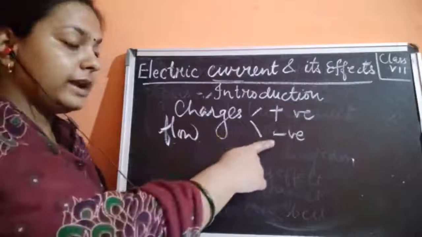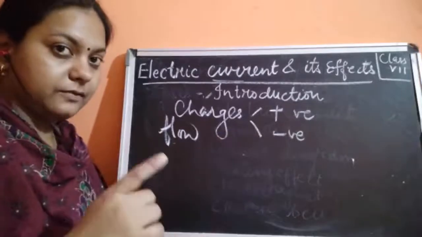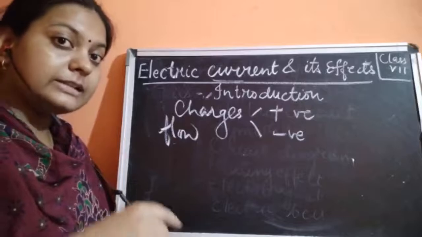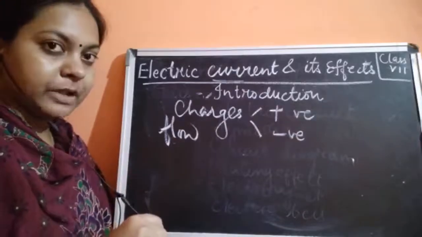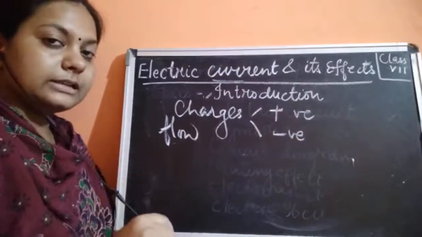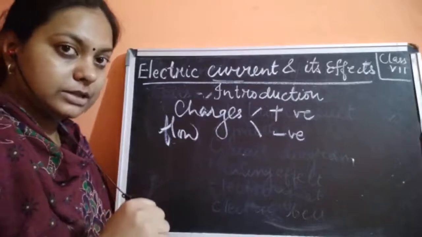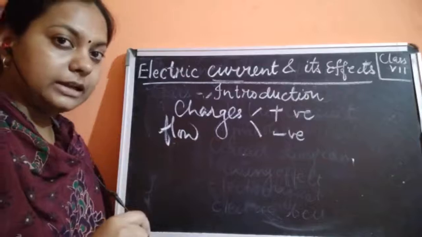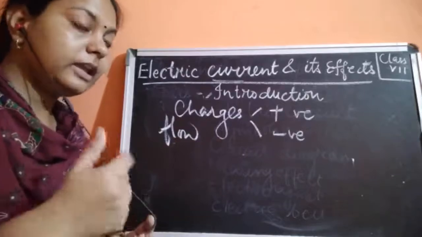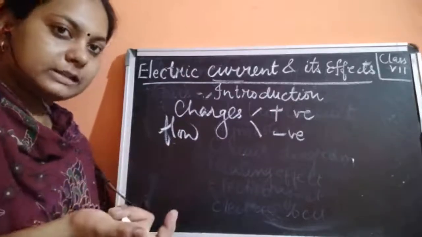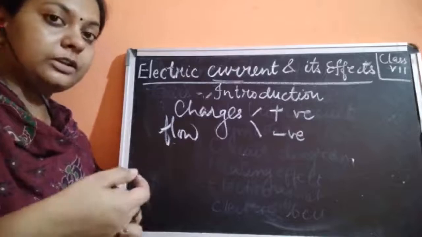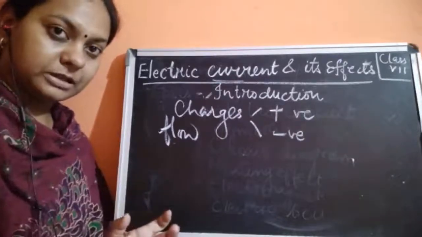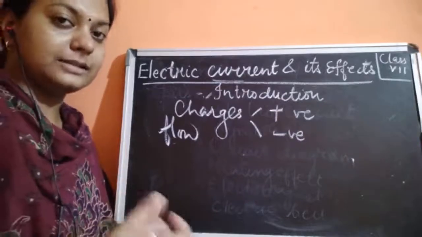Here the flow of negative charges is known as the flow of current, or electric current, and simply it is known as electricity. So what is this electric current? It is just the continuous flow of the charges in a conducting wire, or you could say that simply it is a wire. We cannot think about current and a wire separately from each other. Where there is a wire, there is a current.